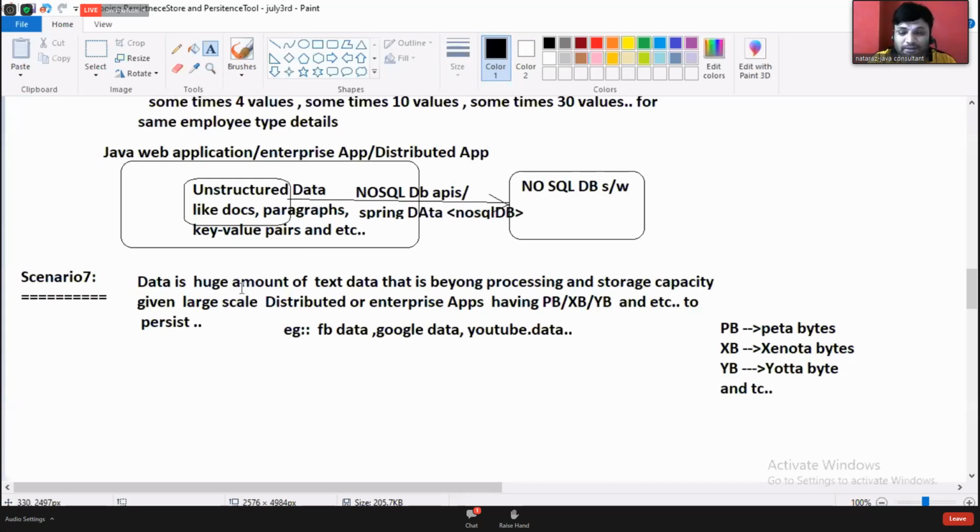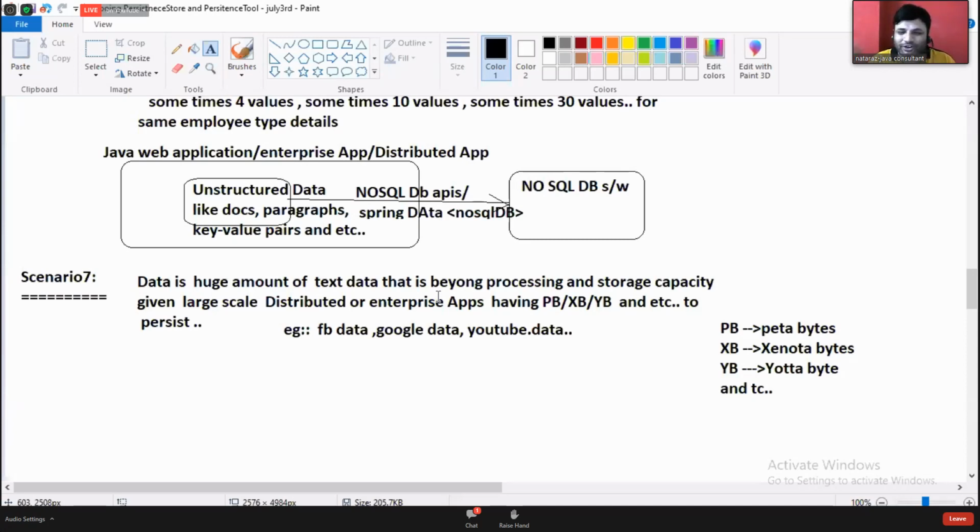Those who attended my JDBC classes, I explained this very clearly there. No one worries about storing videos in databases. Their locations will be stored. Whenever we need them, we go to those locations, get them and use them. So here data is not the video; the video location is data. Are you understanding my point?